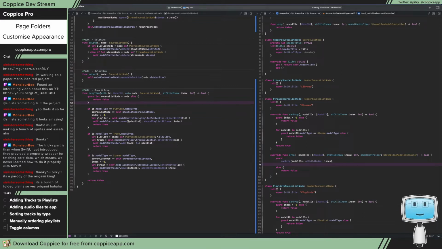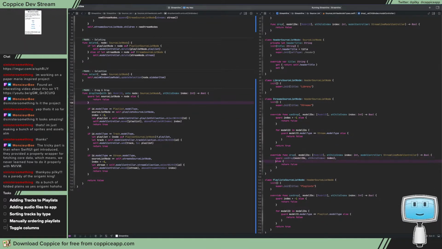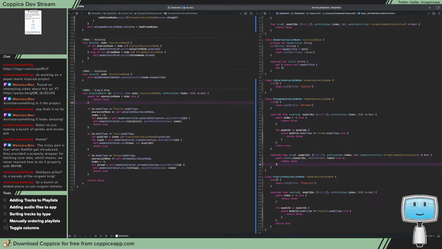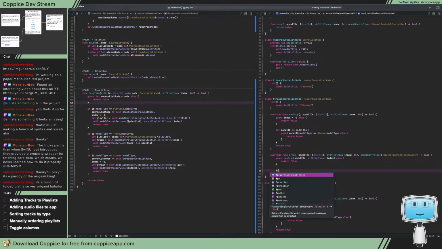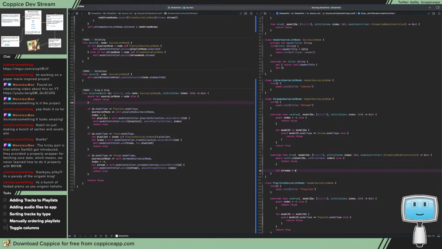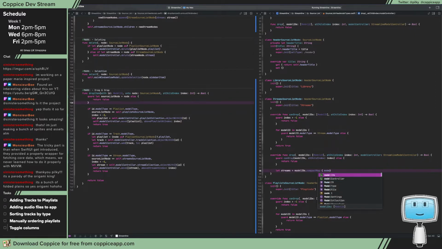Oh no. So even though I'm going to let streams equal model IDs compactMap. Let's just do model controller's stream collection object with